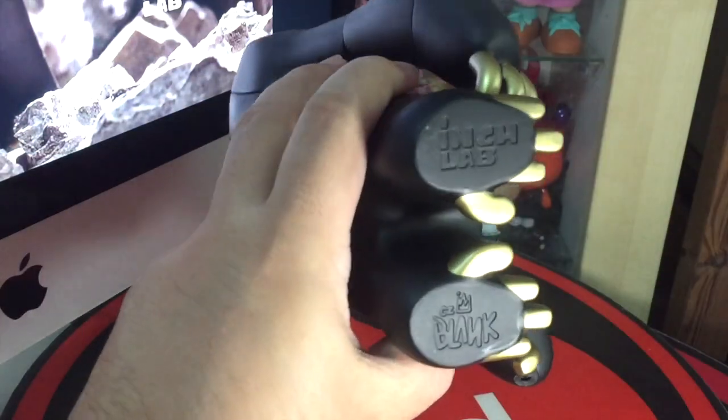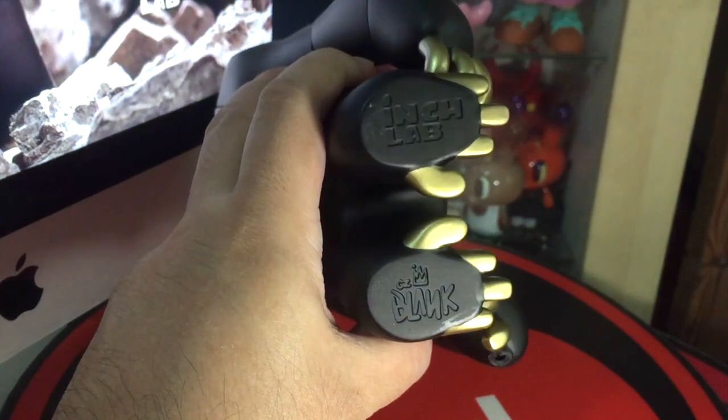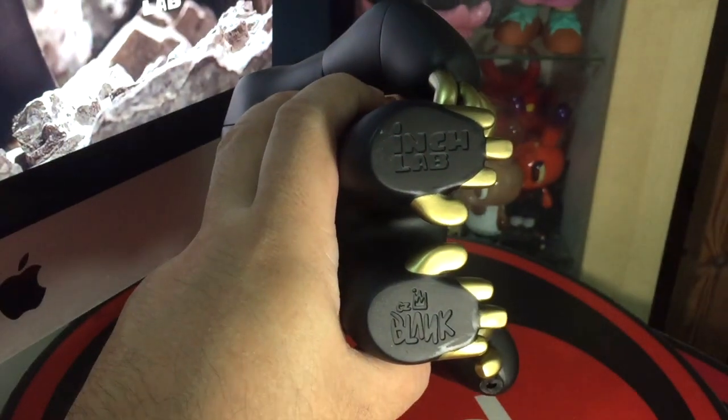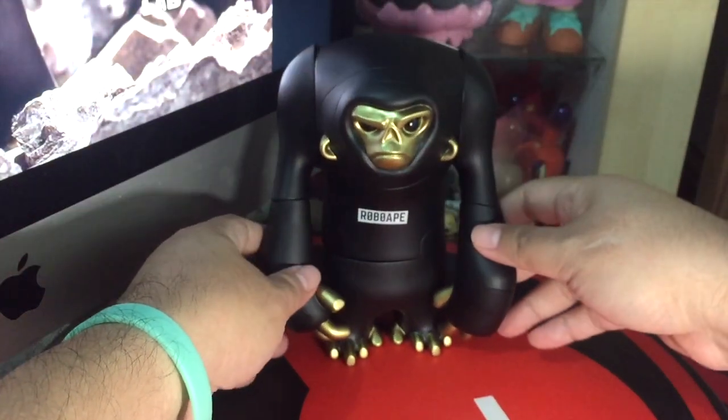Nearly forgot the markings. To me, the marking on the toy is important because you need to know where they came from anyways. So there's iNCH Lab on top, CZ Blank. Yeah, that's cool. Nevertheless, this is my quickie review